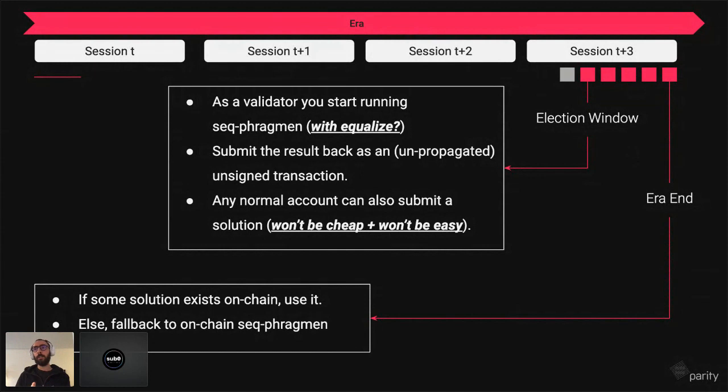Even more important is, and the reason that we call this off-chain fragment is because all of our validators run the off-chain worker code by default. This is the sort of the setting of how Substrate works. You can disable it if you want, but --validate implies you also run off-chain worker. And what we do is, we put this off-chain worker code, so validators compute the sequential fragment with a number of equalize, with this equalize optimization as well, off-chain, and then they submit it back to the chain. Exactly the scenario that was explained earlier today